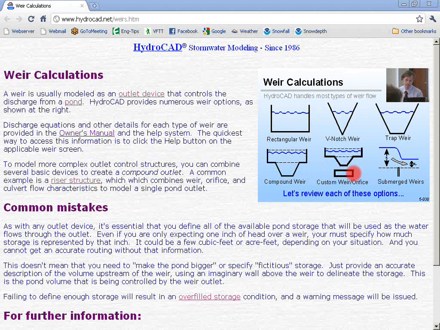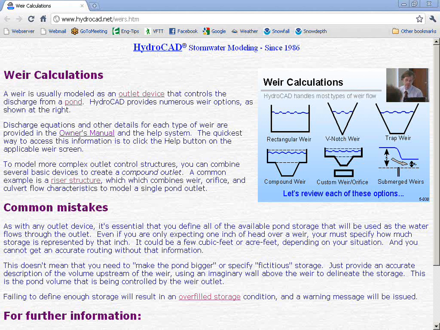For example, if you have something like a baffle in the bottom of a catch basin, which is forming a weir when the water spills over it, that you also have water going through an opening or an orifice in the baffle. In order to structure the outlet device routing properly, it's very useful to be able to use a single outlet device, in this case the custom weir orifice, and have that one device define both the orifice and the weir over the top. And then you can also have submerged weirs. Basically any of these standard geometries can be submerged. There's a weir submergence equation that HydroCAD uses in order to look at the tailwater at each step in time